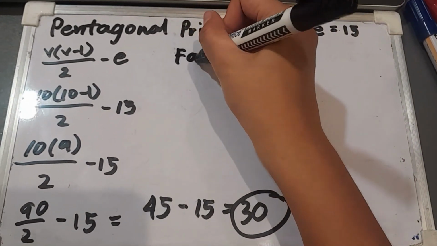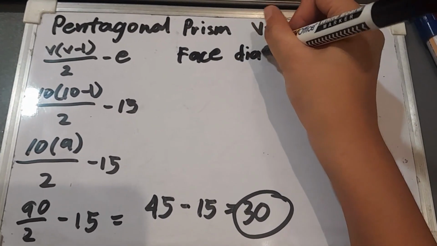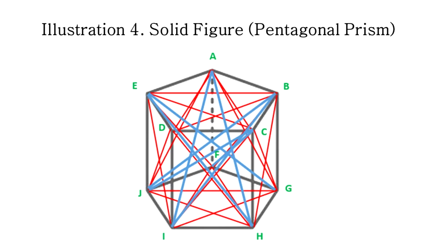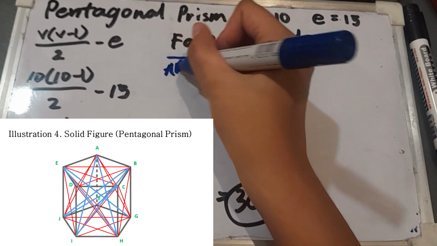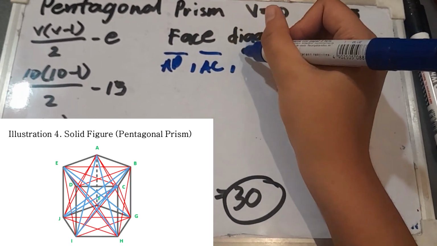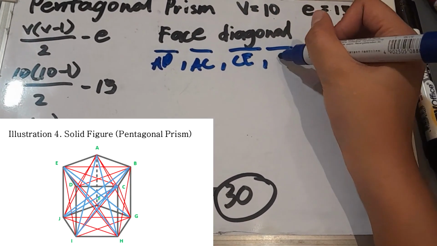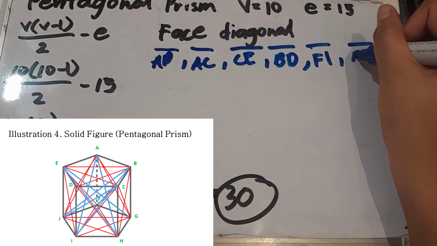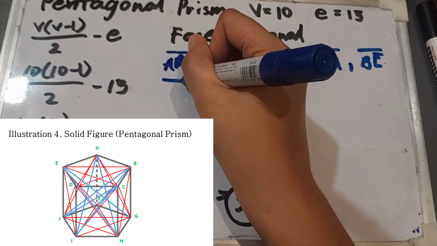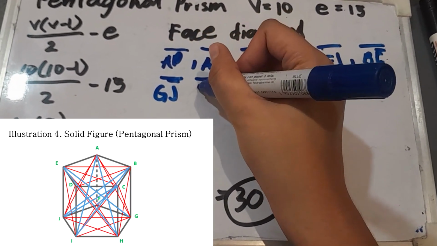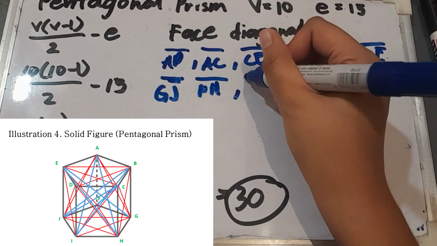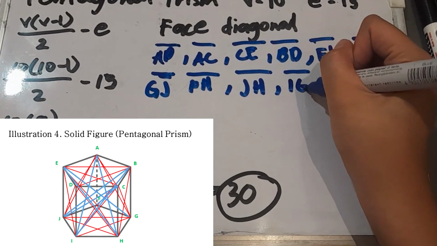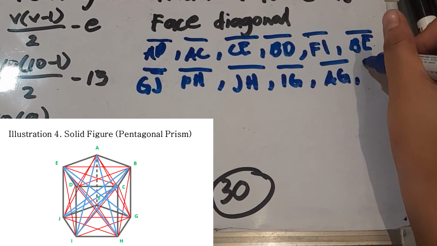So in a face diagonal, as you can see in the next illustration, the face diagonals there are line segment AD, line segment AC, line segment CE, line segment BD, line segment FI, line segment BE, line segment GJ, line segment FH, line segment JH, line segment IG, line segment AG, and line segment FB,